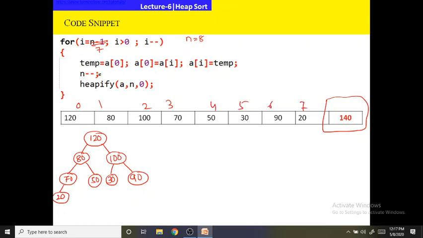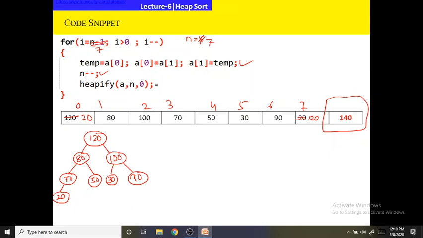So now you see I will swap a of 0 with a of 7. So here you will get 20 and here you will get 120. So you see the second largest element, we have kept it over here at the second position from the last. Next what we will do, we will decrement the value of n. So now the value of n will be decremented to 7.